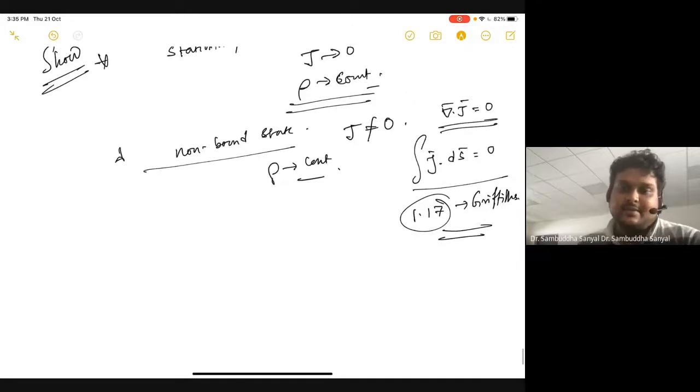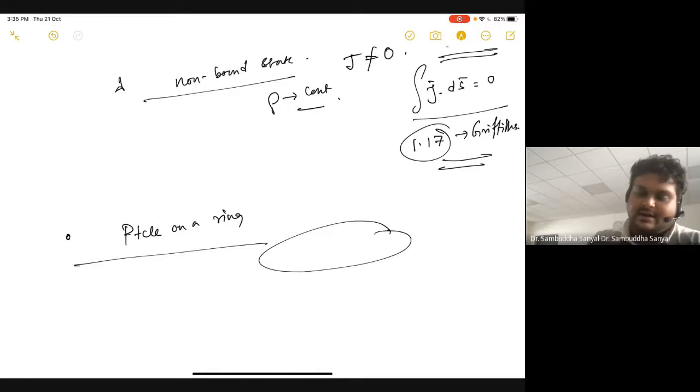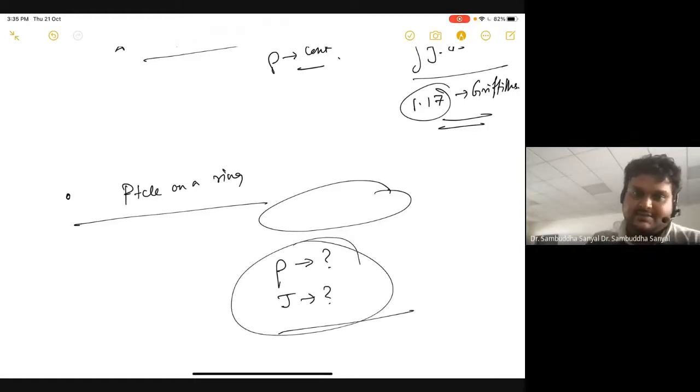Now another problem I want you to try, and I'll discuss it in the next class because it has some important things. And we already discussed it in one form or the other. That is a particle on a ring. We already discussed this. Now show what is the rho and what is the J for this problem. Solve this problem, which means the energy is given by Lz squared by 2I, right? If the particle is on a ring, this is the energy,